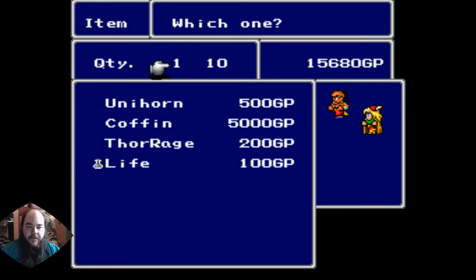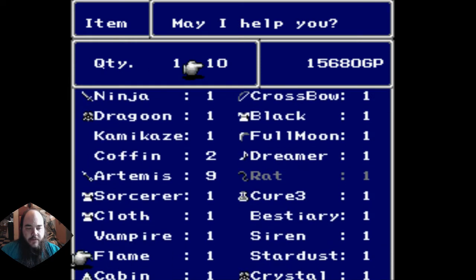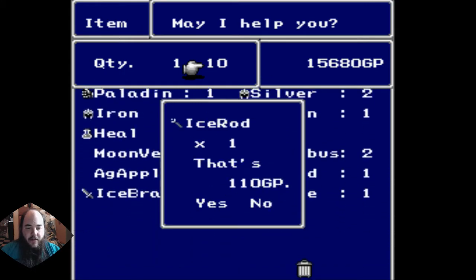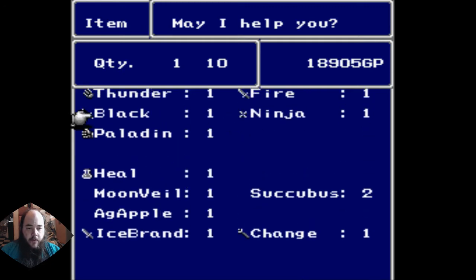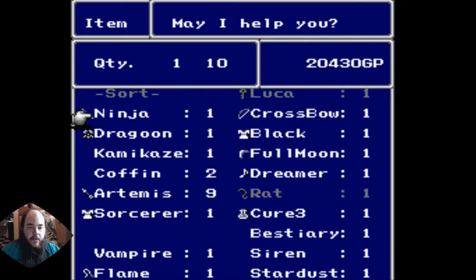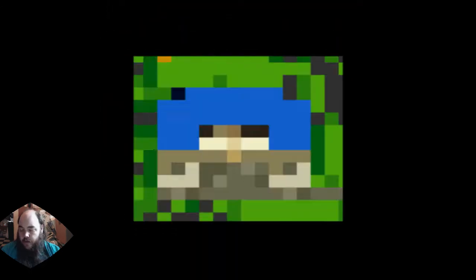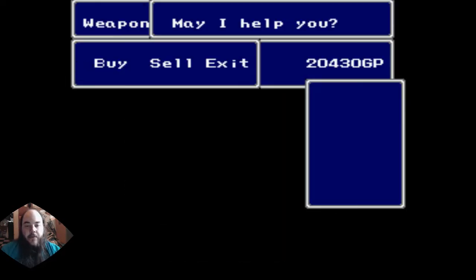Alright, we've found coffins. That's good. No. Sell. Got a few things I need to get rid of. Like Ice Rod, Iron Helm, Silver Helm, Wooden Hammer, Paladin Glove. I don't need to keep those. I don't need those at all. Alright, good enough. Then we'll take a look at what's being sold in these shops, because I'm not getting stuff